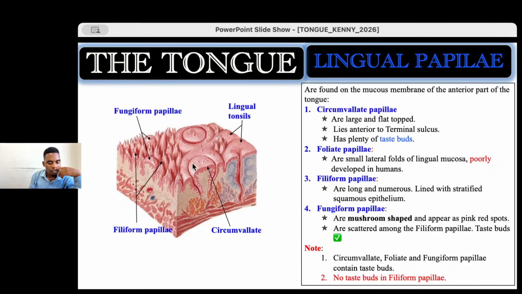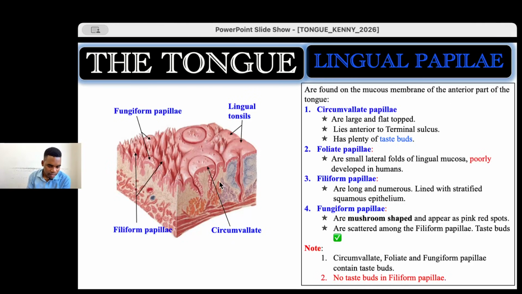Number 1, we have this one, which is called the circumvallate. The biggest one, they are called the circumvallate, and the circumvallates are large and flat topped. Their tops are flat. And what's so important about the circumvallate is that they have plenty of taste buds. Sense of sensation is maximum at this circumvallate